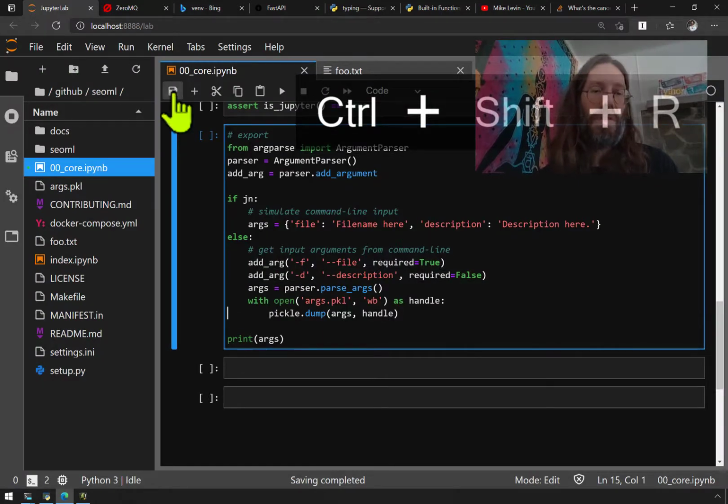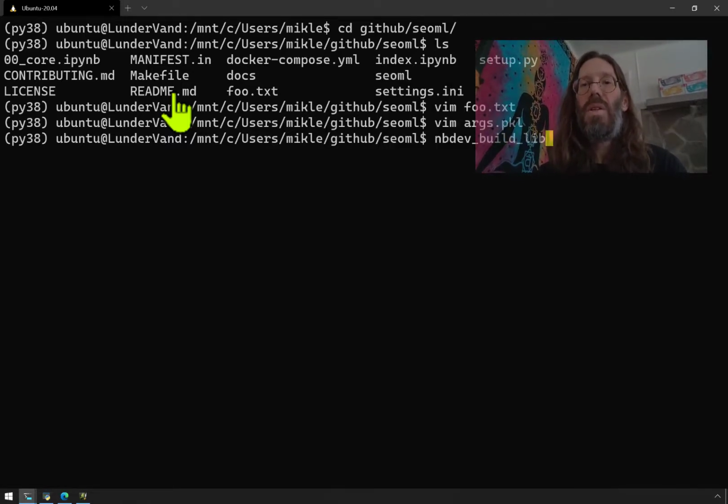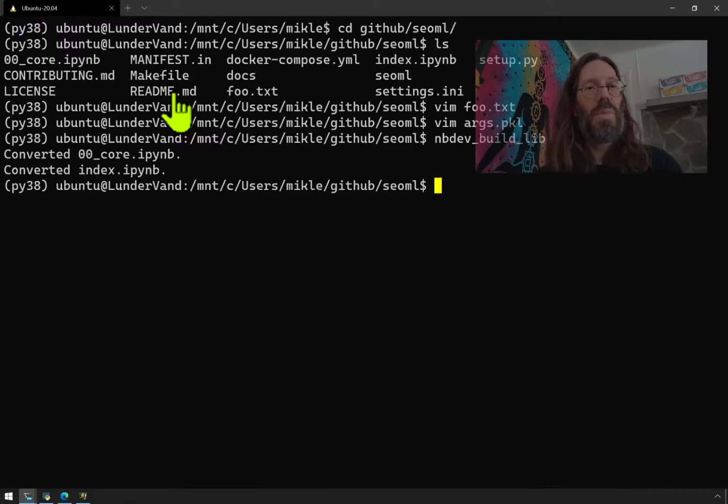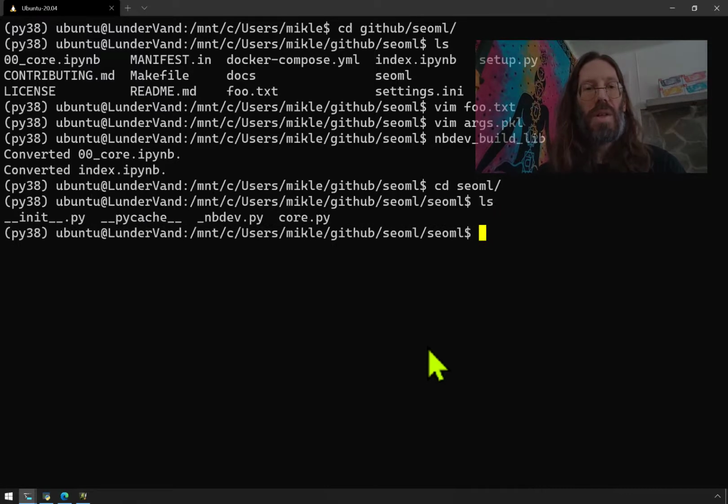One more save. I'm still getting the hang of this. nbdev build lib. That's what makes the new version of our .py file, and that should actually be enough. cd into SCOML, one more directory level deep of the same name, very standard convention. You might think there's weird nbdev stuff going on here, but that's the way PyPI development works too. We look here, we see the packages, including the one that was just created, and we know that we can type python core.py